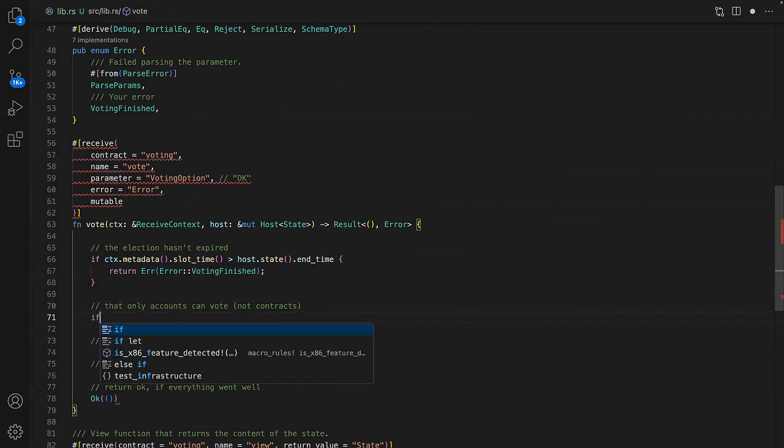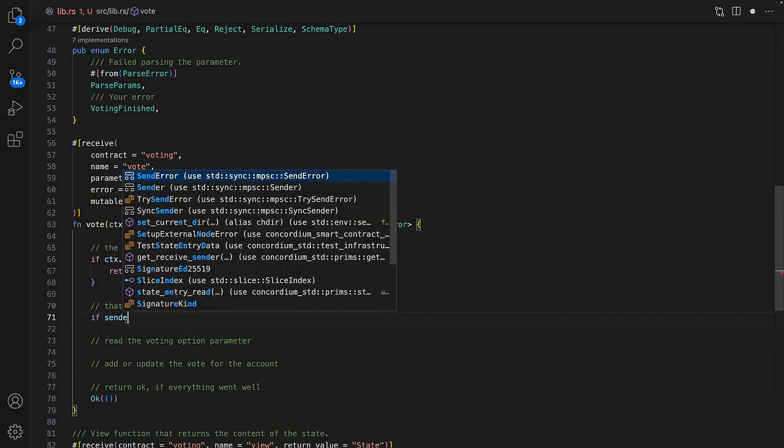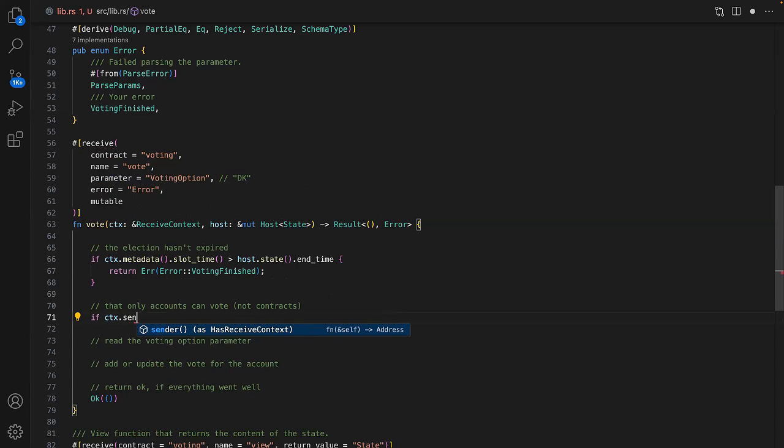So the context sender, that is the address that tried to vote here. That can either be an account or a contract. And then for simplicity's sake, we'll say that only accounts can vote. So if the account,